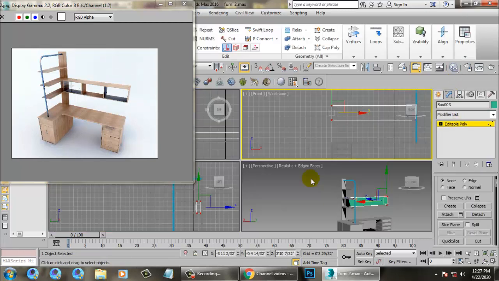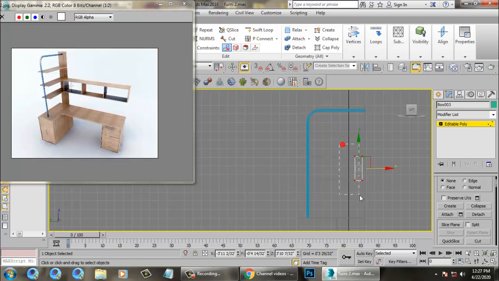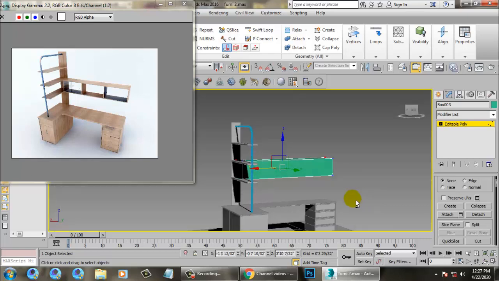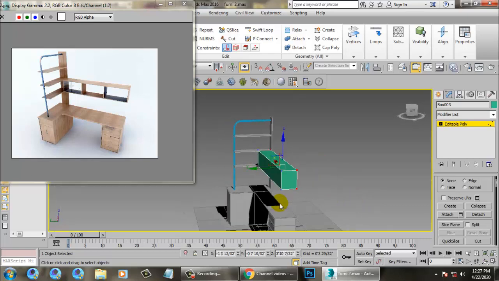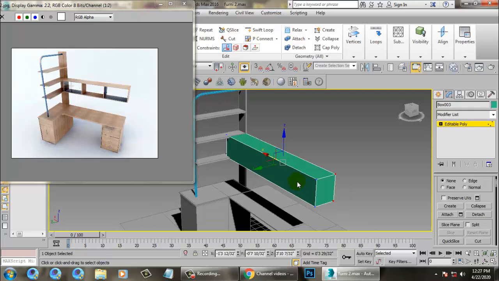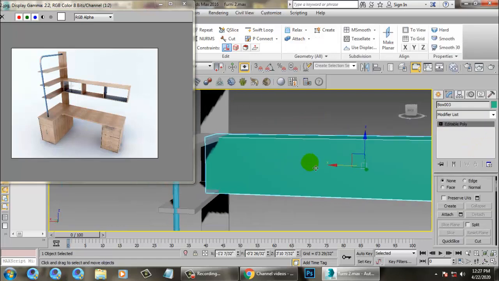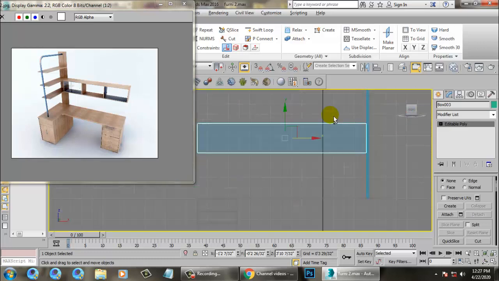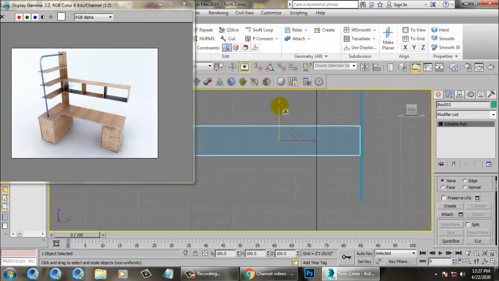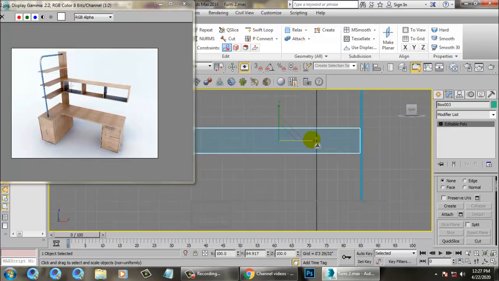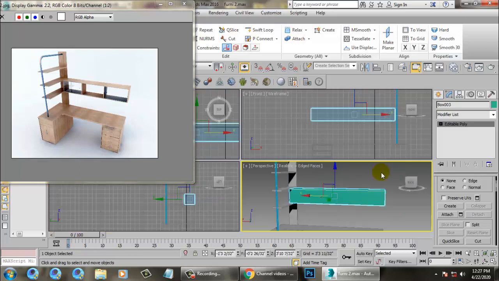Adjust the vertices, push the vertices, select it, adjust the vertices, increase its width. After that, now let's go into the polygon. First scale it. Alright, so adjust it properly.